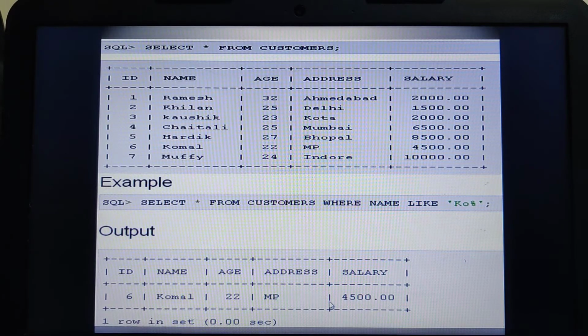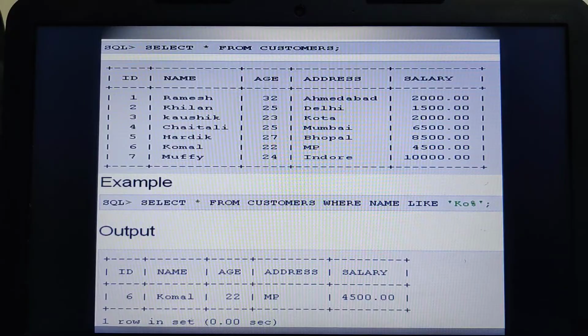I hope you are able to understand. Suppose two records are there where the names are different but both addresses are Delhi, written the same way, then both records it would display. It's all depending upon which condition you make use of. Understand? Based upon that it would retrieve the records.